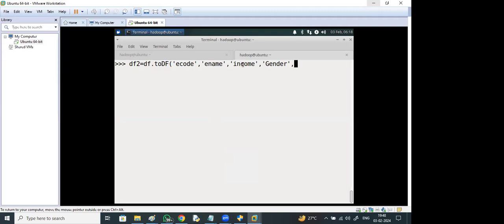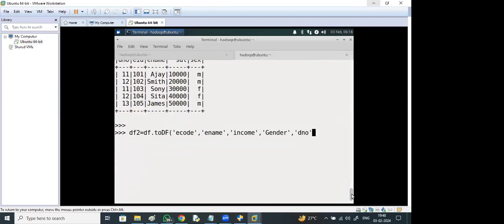Okay. One more. What is it? 1, 2, 3. Department number, right? E code, E name.